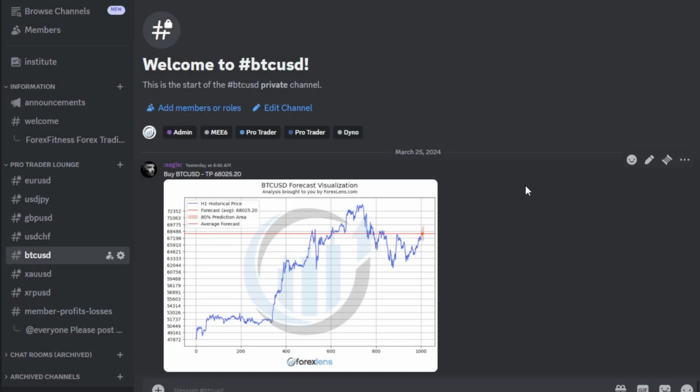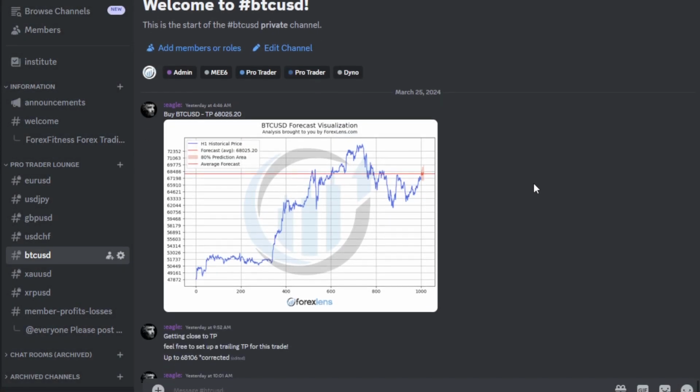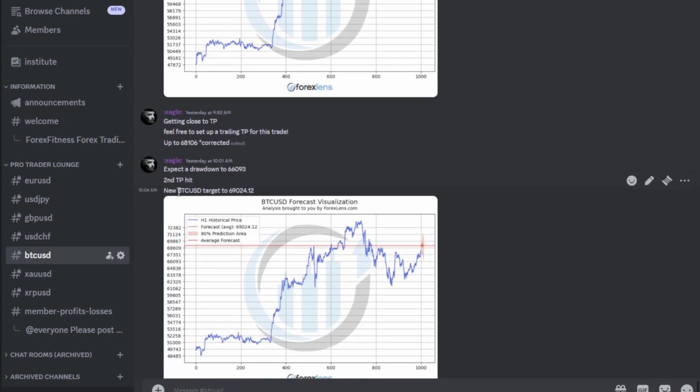And of course, you could see that in the MyFXBook as verification. So this first take profit price target that we put out was hit, and we said feel free to set up a trailing take profit for this trade because we were suspecting it was going to keep going up, and we followed that